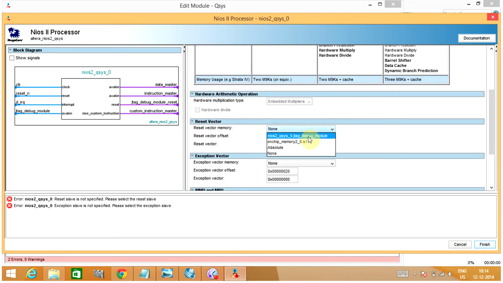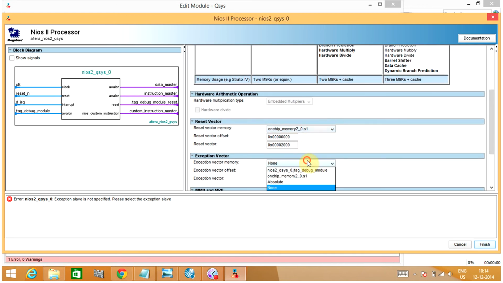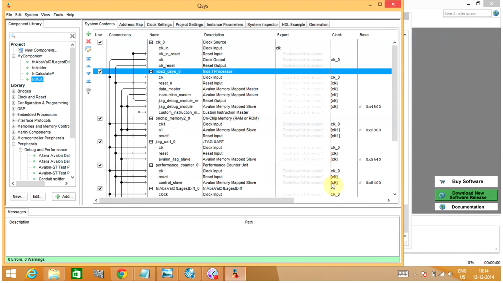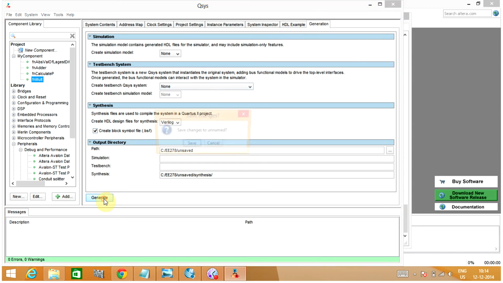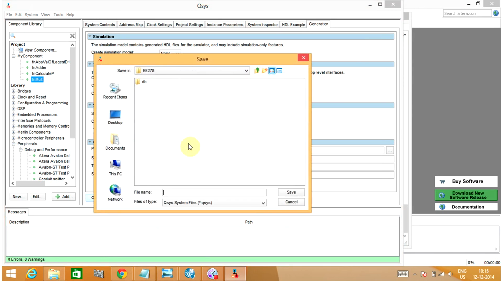The reset vector memory would be assigned to the on-chip memory. We have no errors left now. Now we can generate our Verilog files. We haven't saved it.